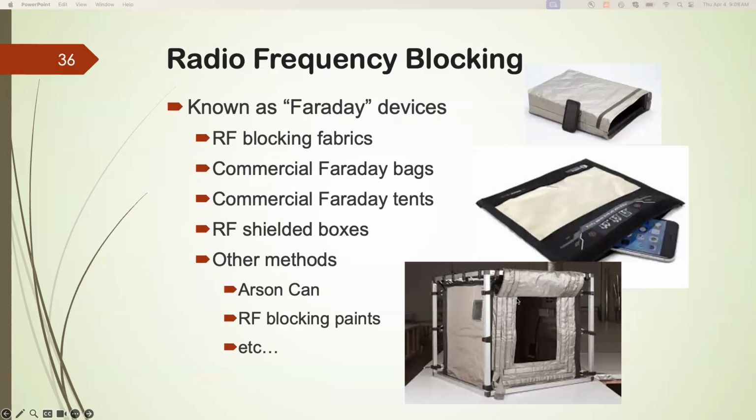So these are very important because we need to make sure that the connectivity of a phone to the network is blocked. One thing which is important to keep in mind here is that while you are transferring the phone, when you block the radio frequency on a phone, for example, I put the phone in a Faraday bag, the phone will think, I lost the connection to the cellular network provider. Somehow, maybe, there is something wrong with my receiver, because every phone has a receiver that receives the radio frequency,